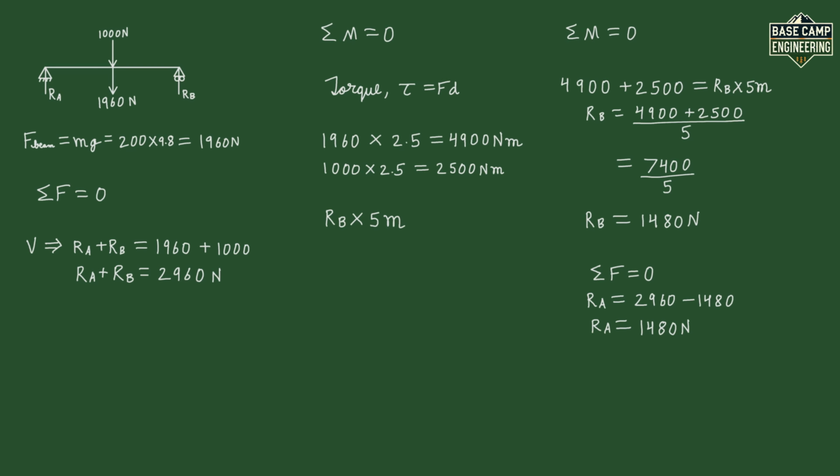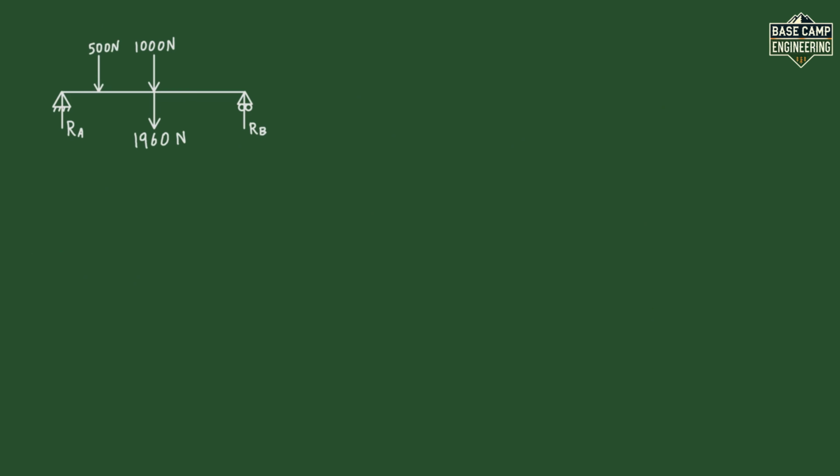Let's solve an advanced multi-load engineering example to apply these equilibrium conditions to a more complex structural system reflecting real-world challenges in mechanical design. Let's modify our beam scenario to include additional loads. Add a 500 newton concentrated load 1 meter from the left support and a 300 newton load 4 meters from the left, keeping the 1000 newton load at 2.5 meters and the 200 kilogram beam weight. We need to redraw the FBD and recalculate equilibrium.